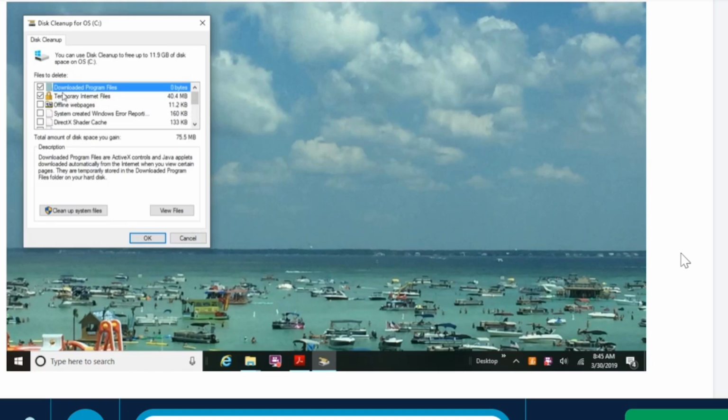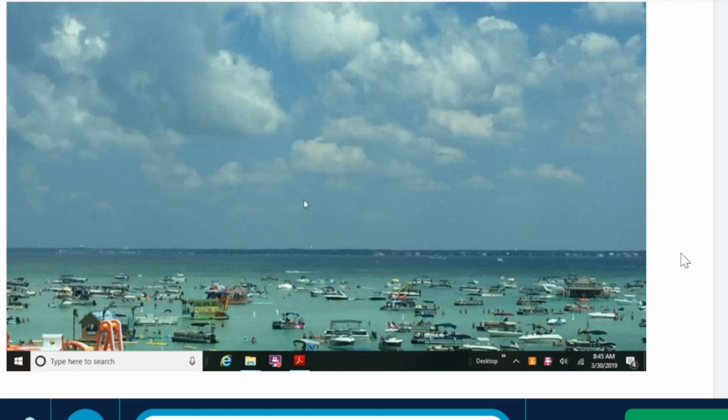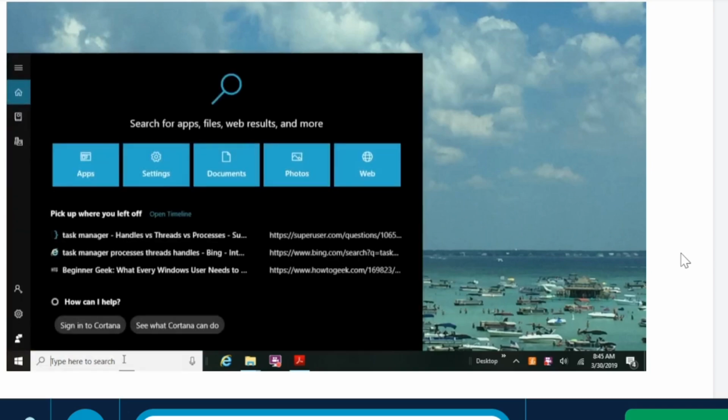So you generally have any kind of program files. Currently there's nothing in there. Some temporary internet files. You've got other files that may be taking up some space, such as some thumbnails. So I can click to view these files or clean them up. I'm going to click OK, and in the background it's going to be running a cleanup, and I'll show you that in a minute. The other thing you want to do is run a disk defragmenter,